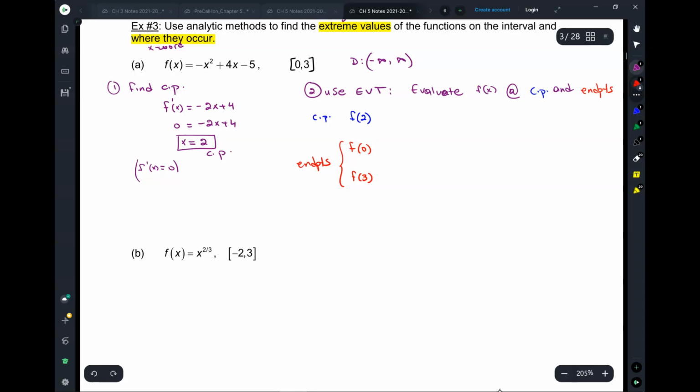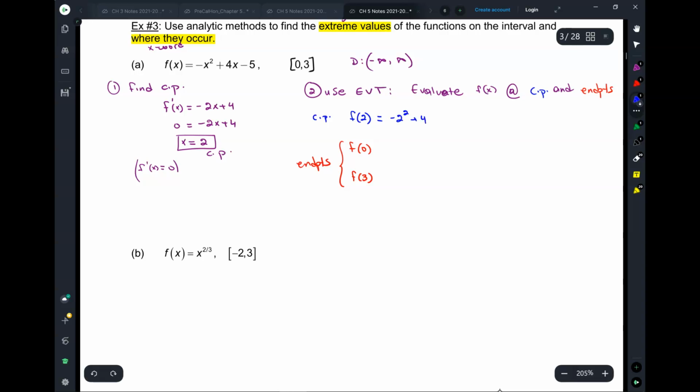Cool? Why are we doing this? Because it's a closed interval and you've got to use the extreme value theorem. Later on, deep into the year, you're also going to explicitly write using the EVT. Okay, let's go. F of 2, I put 2 in here,